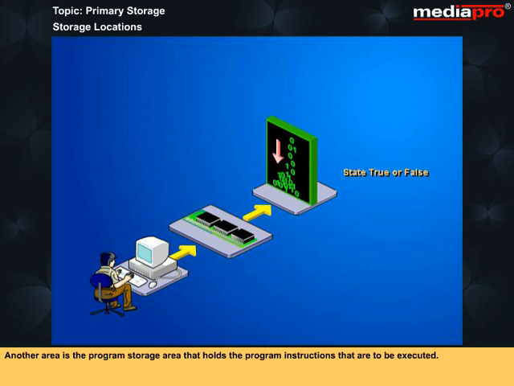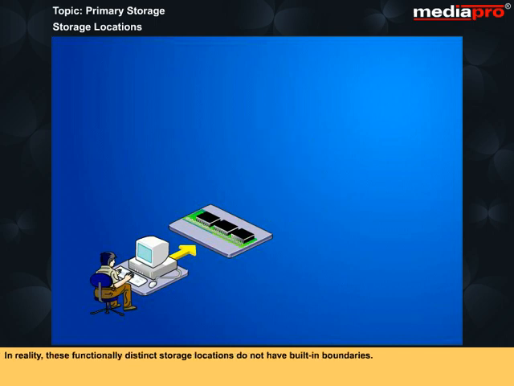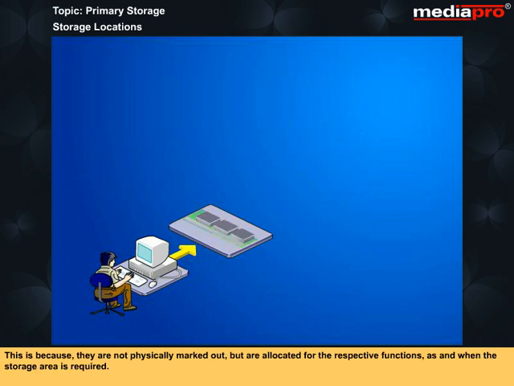Another area is the program storage area that holds the program instructions that are to be executed. A third area is the working storage space for holding the intermediate result. And finally, the output storage area holds the final processed results. In reality, these functionally distinct storage locations do not have built-in boundaries. This is because they are not physically marked out, but are allocated for the respective functions as and when the